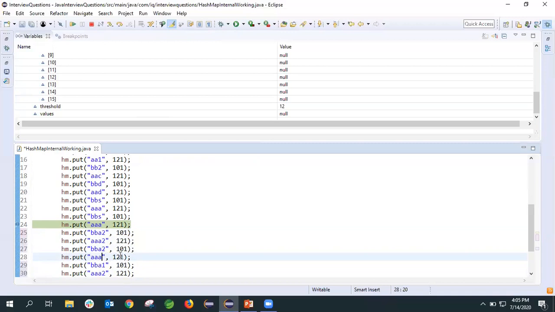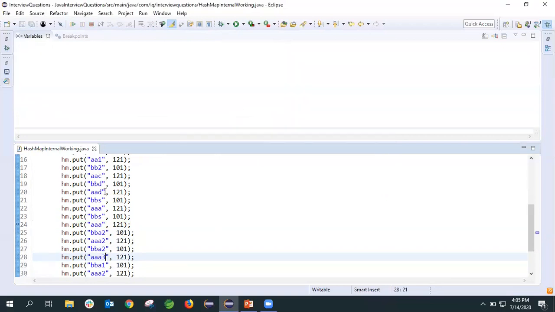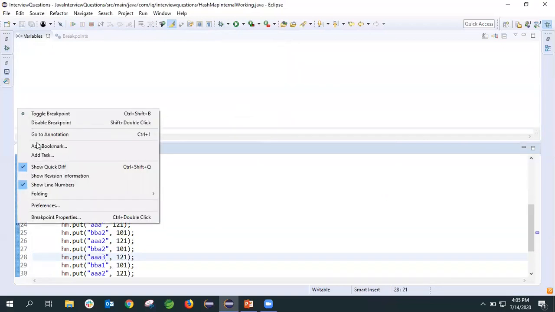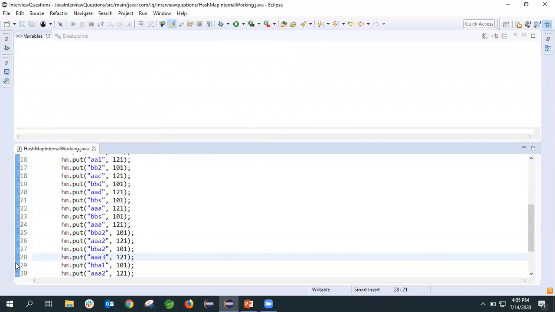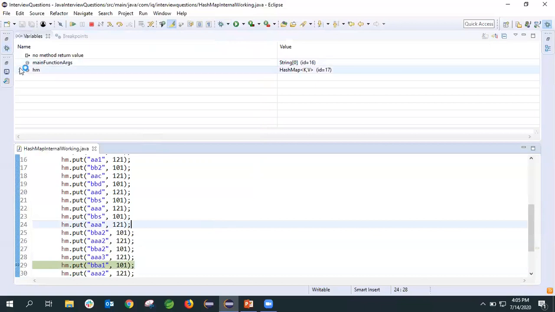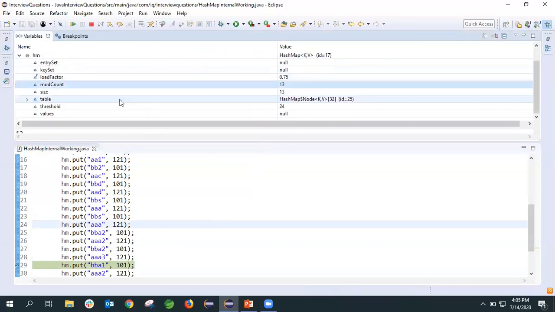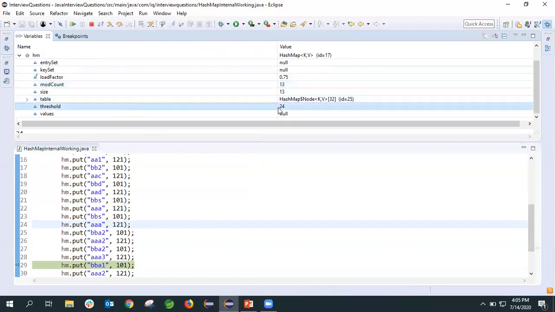So let's debug again. Now we'll debug. As you can see here, let's see how many entries we have got. We have got size 13, and see our threshold got increased.